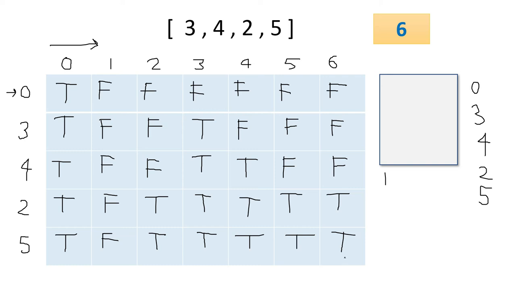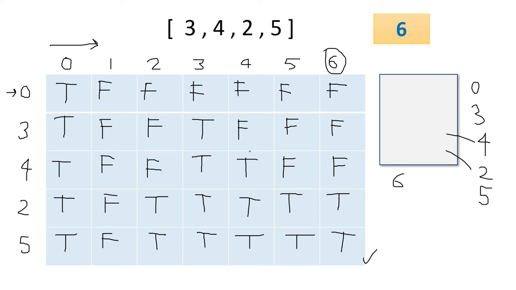And we can check randomly also. Here if you check for 6, then yes, 6 we can form, right? Because 4 we can place here and 2 we can place here, then it will form 6. So at the end, in this corner, if it is true, that means that number we can form from this array.